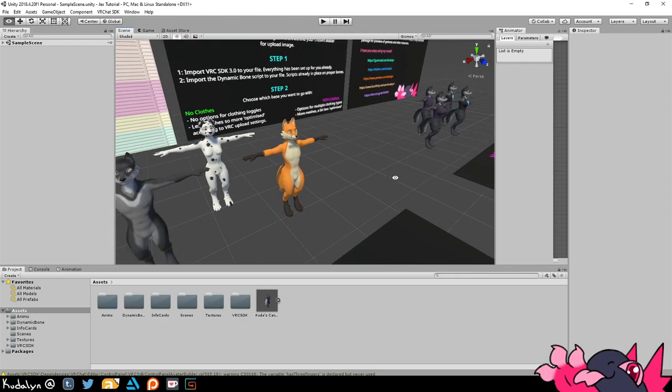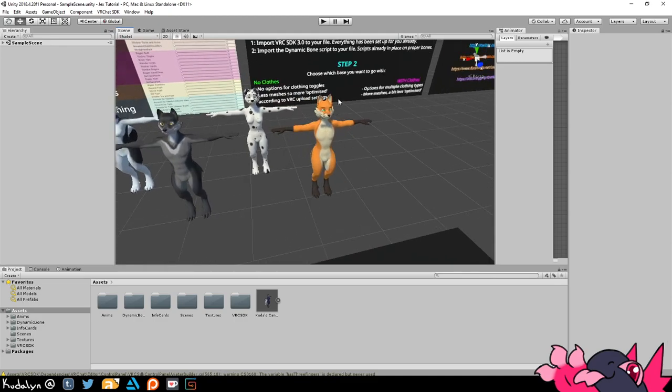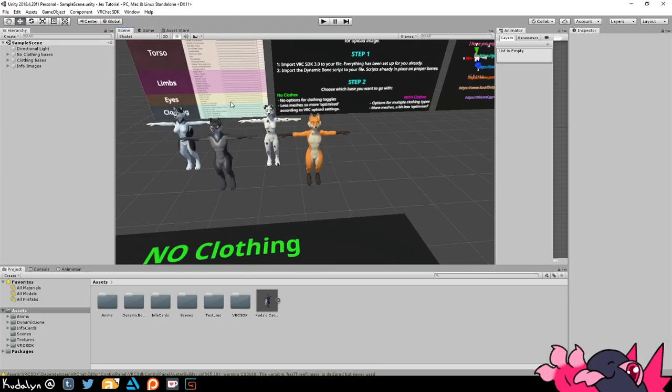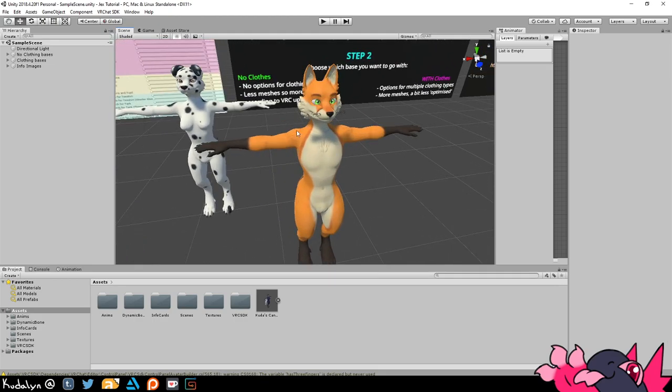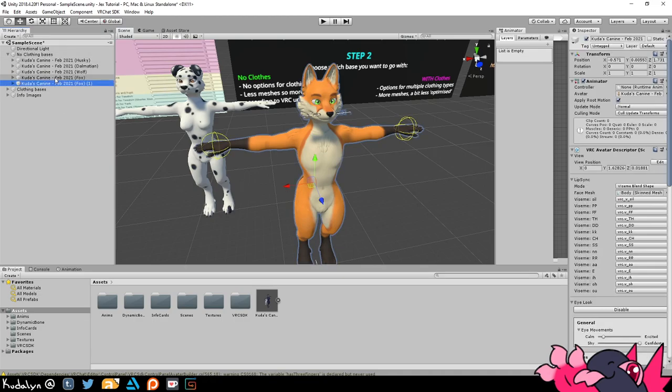Alright, so first what we're going to do is prep one of these. Just to make it easy, I'm going to use one of these preset bases. What I recommend doing, with everything, even if you're not using Jex, with any sort of Unity model, is when you first do your import, always duplicate one of the presets. That way, if you mess something up, all you have to do is just go back and